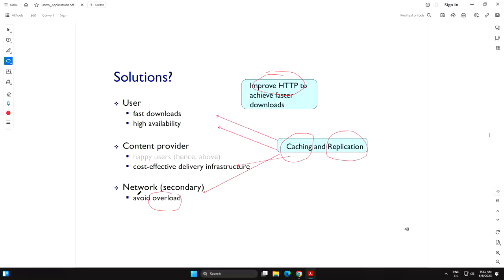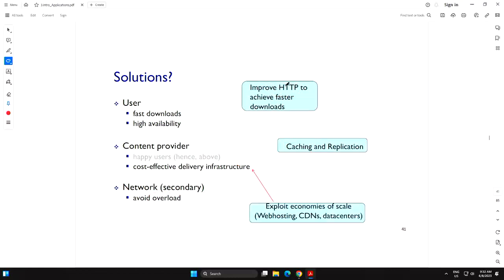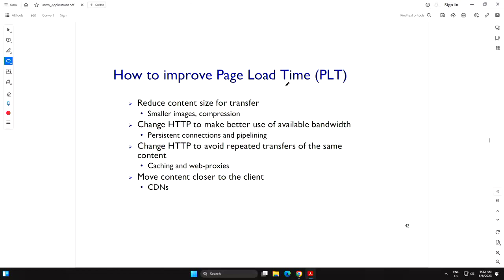So these are a few dynamics. If you look at solutions, there are protocol improvements, caching and replication, and I will explain them later. They are all kinds of solutions, and I'll also talk about the bandwidth improvement as another solution and compare them, how all of these solutions compare to the main solution, which is the improvement in the protocol.